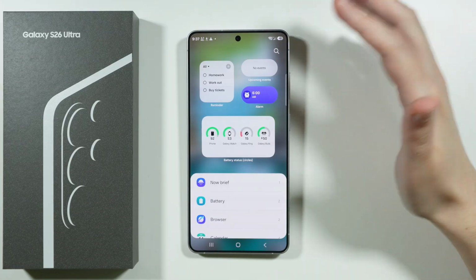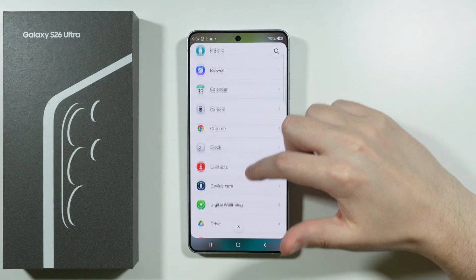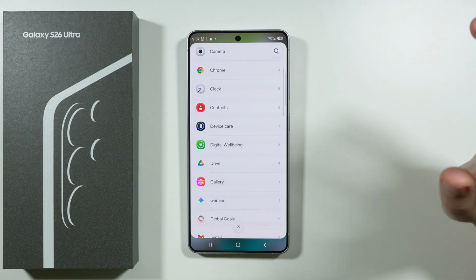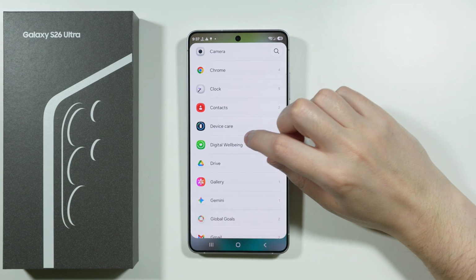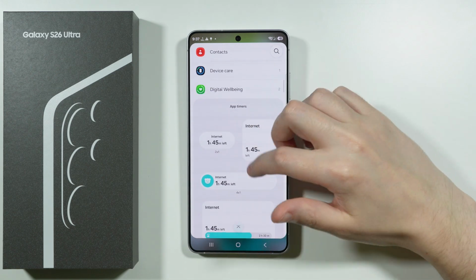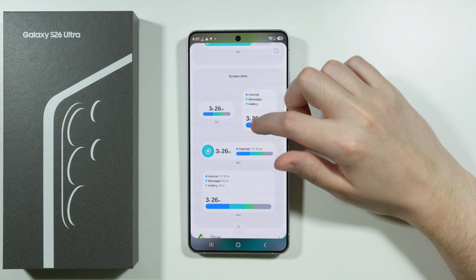First you will see some example widgets that of course you can use if you want to, but then you can also scroll down in order to see the list of apps that you have on your phone that also have widgets that allow you to use some widgets. So let's say I'm gonna go over here. As you can see, we have some example widgets that we can use, and let's say I'm gonna choose this